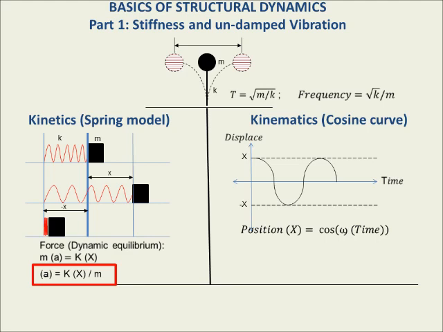So now we have a perfect representation. So how do we go from position to acceleration? A little bit of calculus comes in. The derivative of position gives us velocity. And if you just brush up on your derivatives, you'll see that the derivative of cosine omega time is equal to omega sine